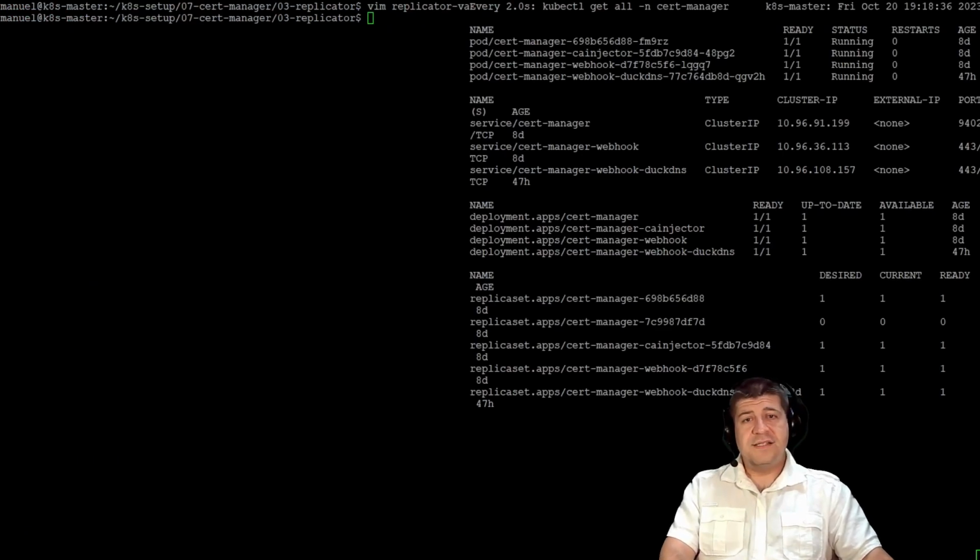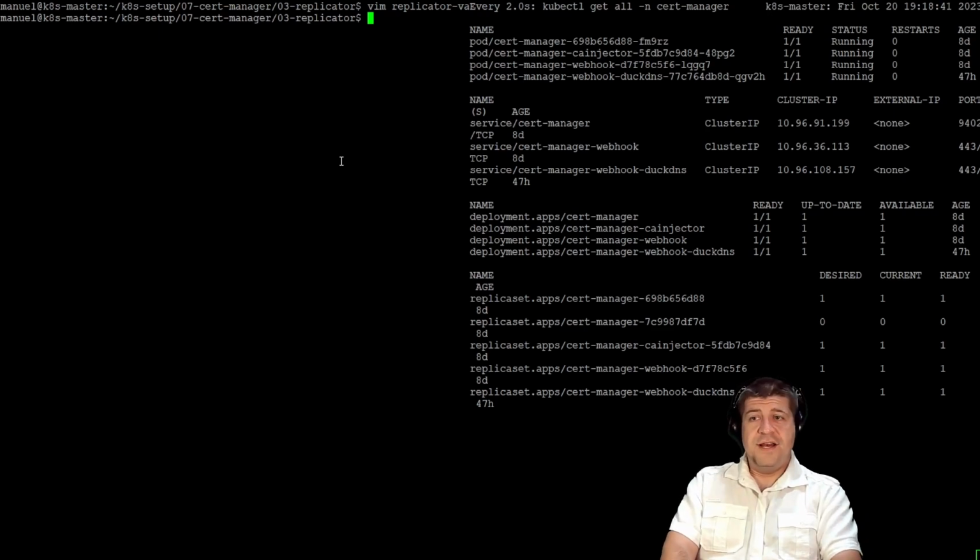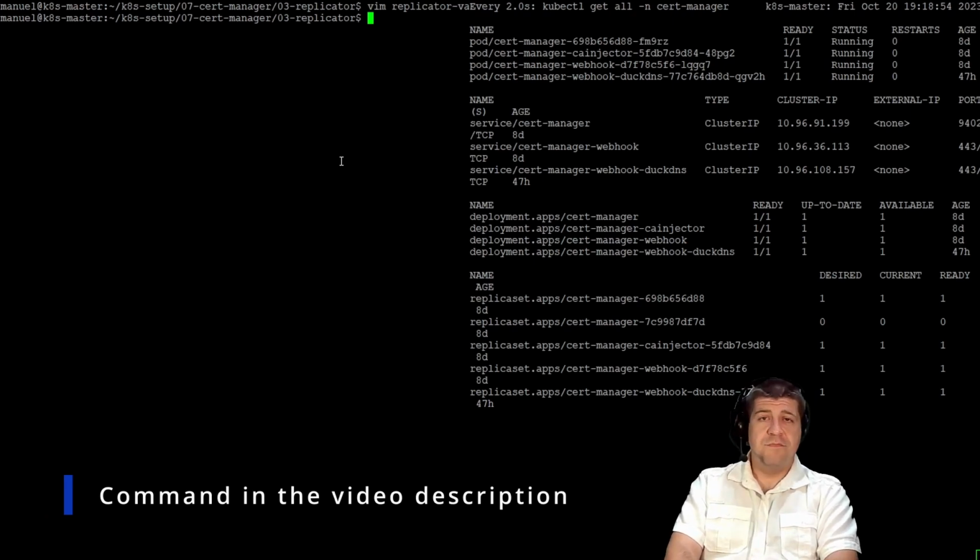As we customize the values file, let's now deploy the Kubernetes replicator in our cluster. I will deploy it in the cert-manager namespace. You can easily deploy this application into its own namespace, but I will keep it all together here in the cert-manager namespace. To do that, we do helm install